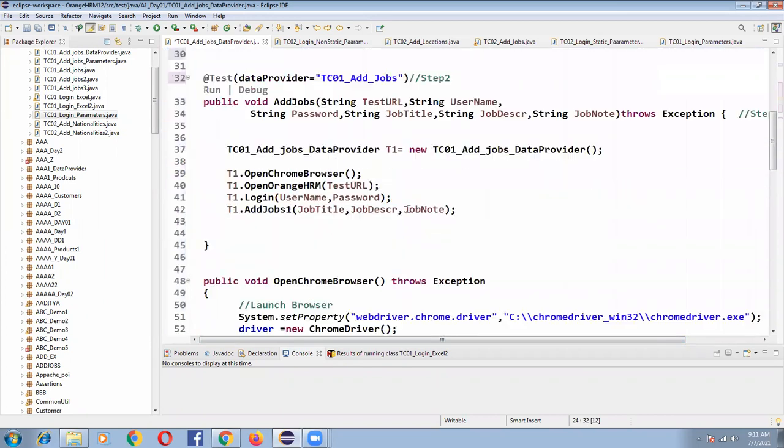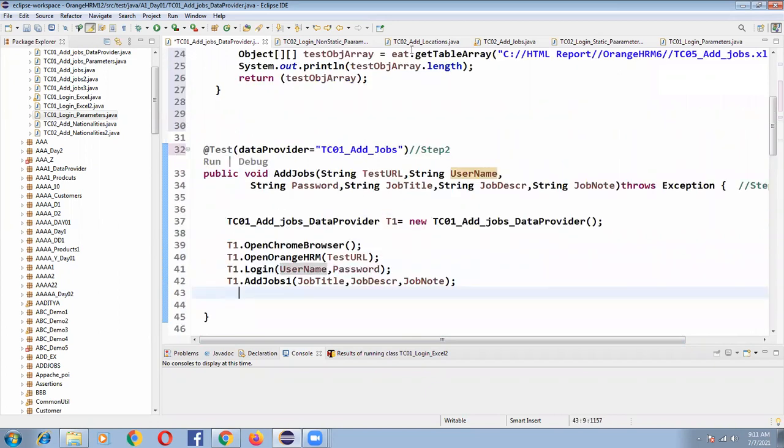If I run my program, the Chrome browser will be launched, open Orange HRM, and this program will be executed. Okay, let's run this program.